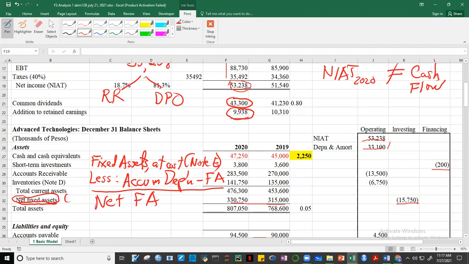So, pag pinasok mo pa itong 9938, magdo-double counting na tayo. Kasi may 53238 na tayo dito eh. Okay? So, remember, guys, si 9938, galing sa 53238. Okay? All right. So,